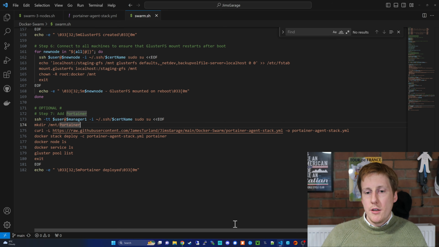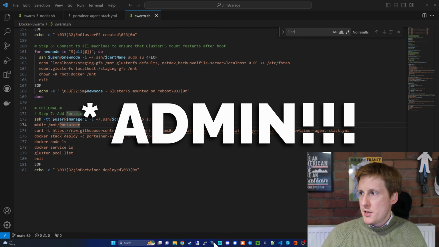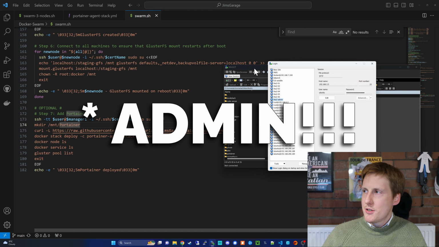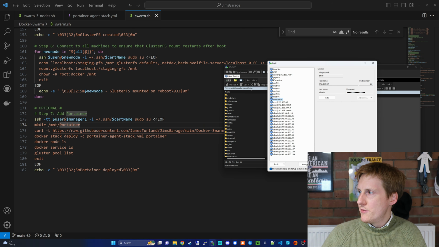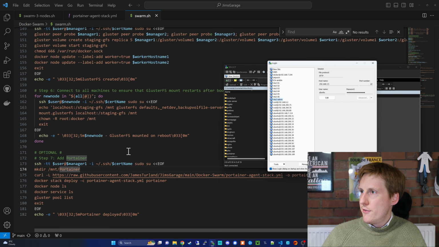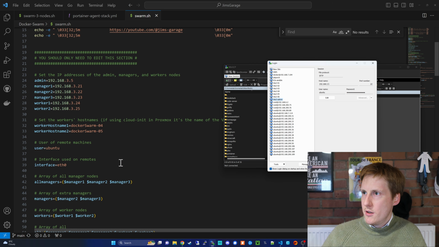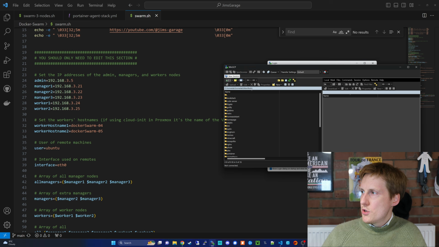So to get this working, I firstly connect to my master. This is the master. So here I've still got it labeled as RKE2 from my Kubernetes videos, but this is that 3.5 which you saw specified up here. So this is my admin one. So if I log in here,